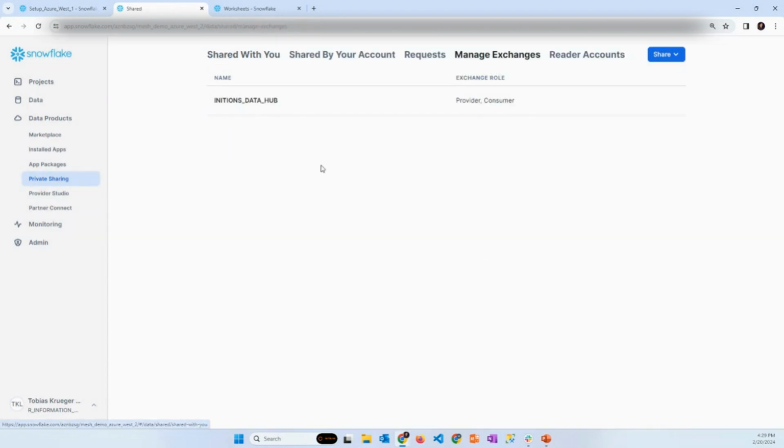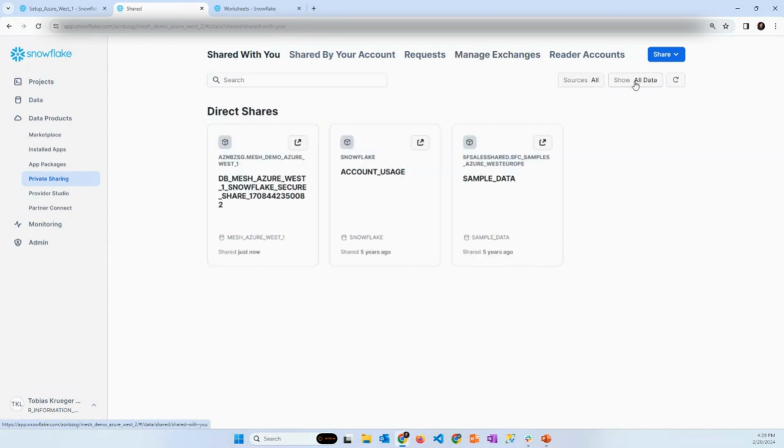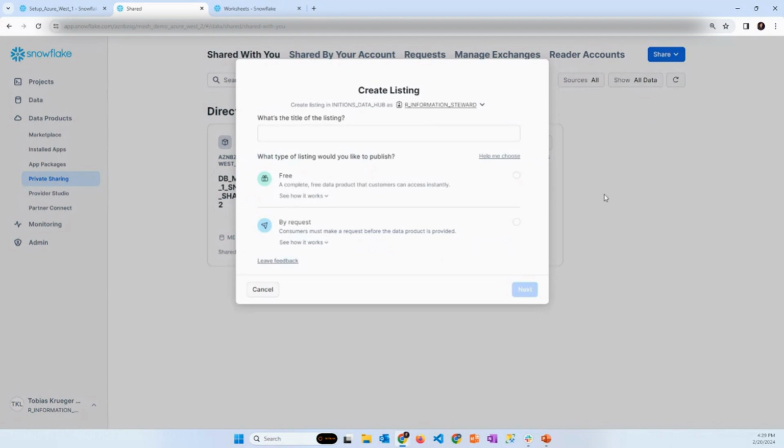With this, instead of creating a direct share, we can now publish to the Data Hub exchange that we saw earlier. How this goes is that we will create a listing, Mesh Azure 2 listing. So we need to give it a name.